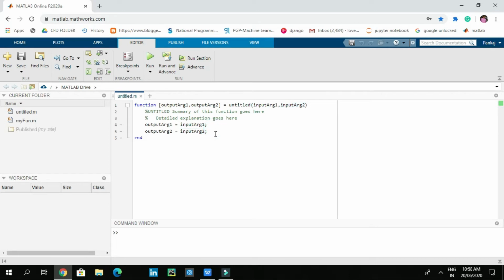And here you can give a comment about the function, explaining what your function does. And here you can write your statements, which is the main code, and the function is ended with the end keyword.